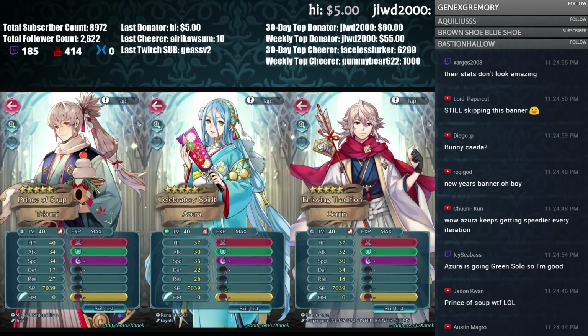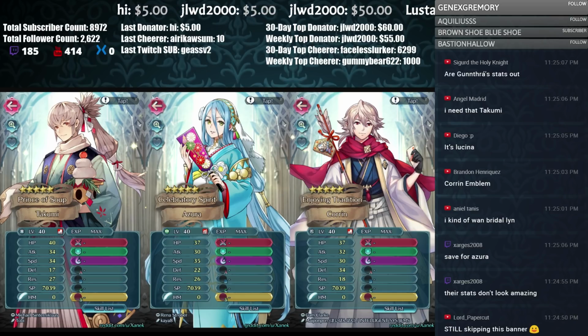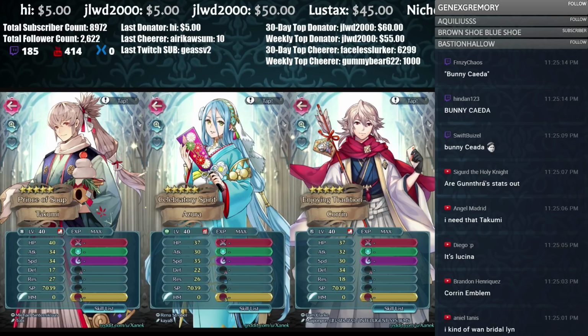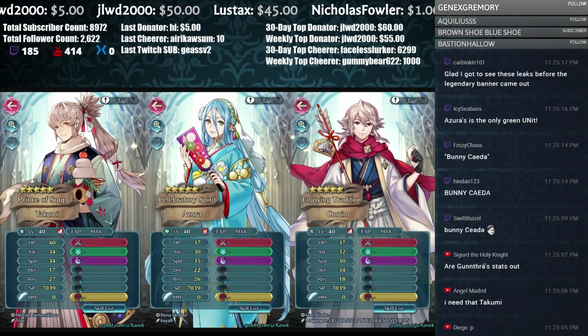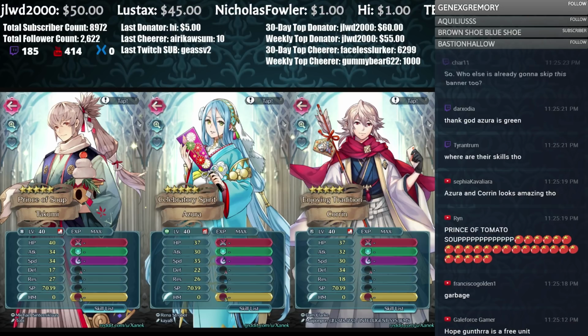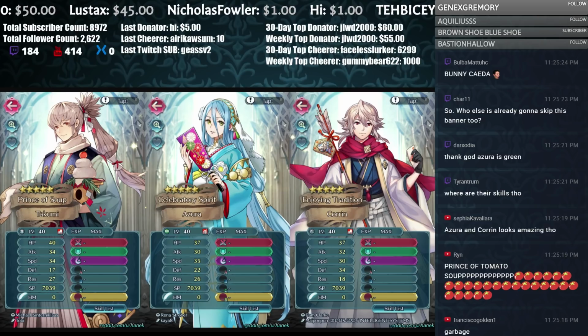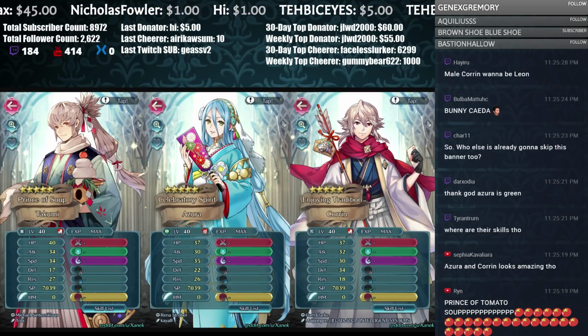And now we get to the New Year's banner, which has all these awesome looking heroes, which don't seem bad initially, so it's hard for me to really suggest anyone do anything in particular right now. But yeah, try and make up your mind, I would say. So Azura is a green hero. I'm genuinely surprised by that. I thought she would be red. To have two green Azuras is kind of strange in my books. It looks like...